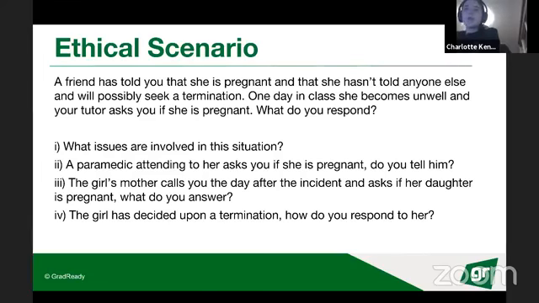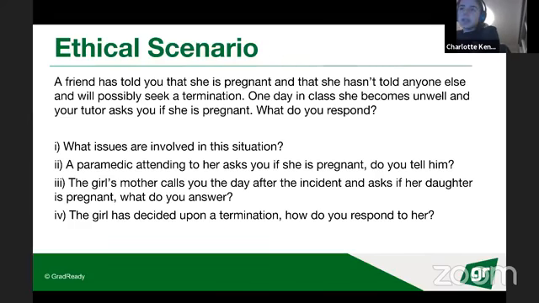I think that's pretty true. All of that is a good analysis of this situation. I think it is really important to recognize the roles of everyone, like Max said. Unless you have a weird kind of relationship with your tutor, it's a bit odd for them to be asking if someone's pregnant out of the blue. And if they are asking about a student's welfare, maybe the student isn't as engaged in her classes as she normally is, or maybe she has been looking up stuff, you don't really know. So it's important to acknowledge that you'd want more information before addressing it as well.